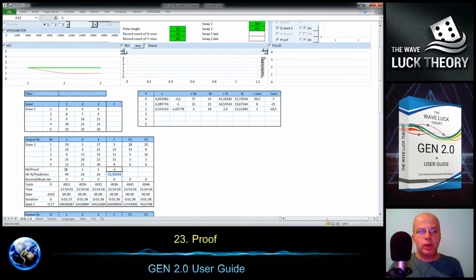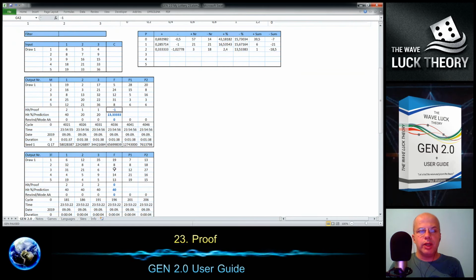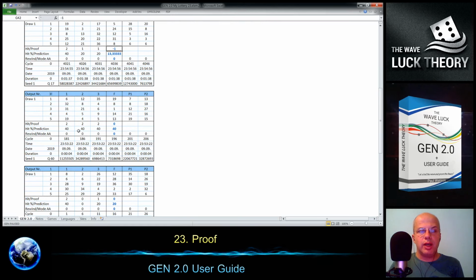Let's see, this one is 2 plus 1 is 3 divided by 2 is 1.5, rounded is level number 1, and it went down, so we got 1.5 minus, we got the negative deviation, so we should look here, and here is -1. So that's how we get the value right here.